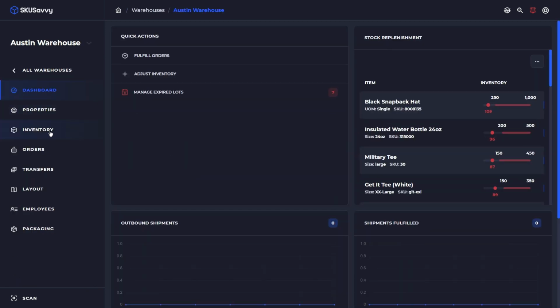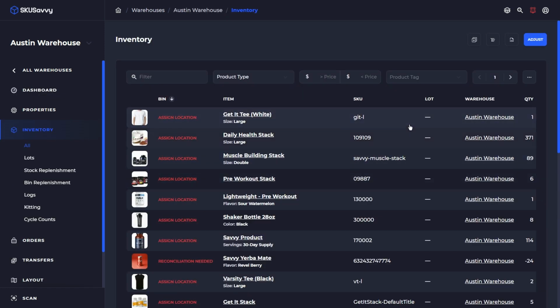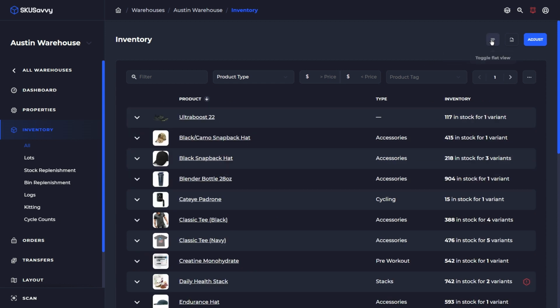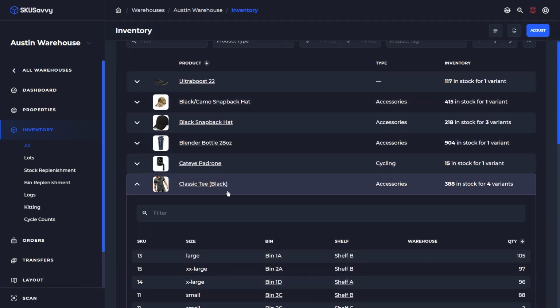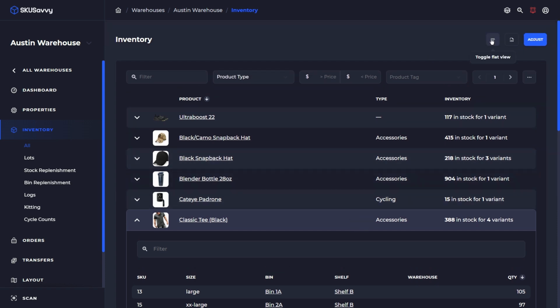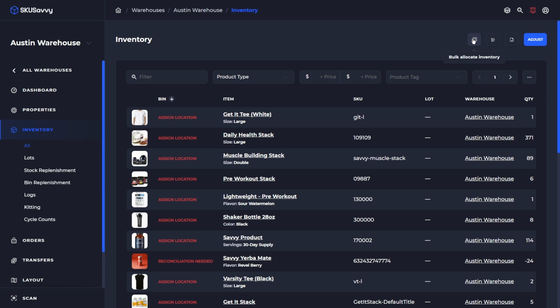navigate into your inventory, and then if you come in and you notice that the bins look like this, then you can just click on bulk allocate. You may also notice that your products look similar to this, which is putting all of the variants underneath the parent product name here. So just make sure to cycle over to the flattened list view and then click on